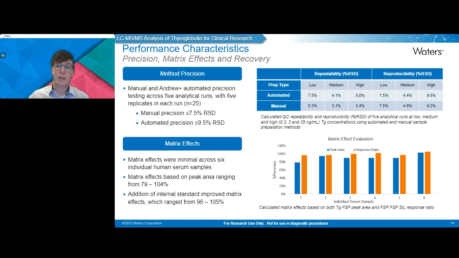But when you include internal standard into that calculation, so you're compensating for those matrix effects, it does improve to 96 to 105%. So it does highlight that, particularly when you're looking at digests of serums, matrix effects are quite significant, but we're using immunoaffinity. It does clean up the sample quite a bit. You can also see that in the previous slide when you're looking at the sensitivity we obtain of the signal compared to the background noise and how clean that sample is.